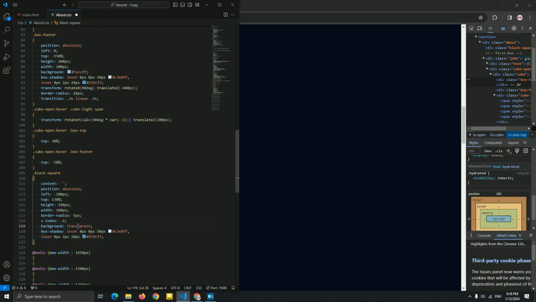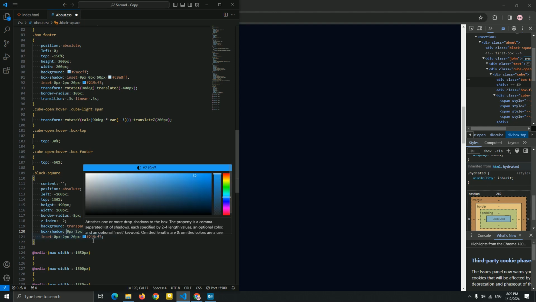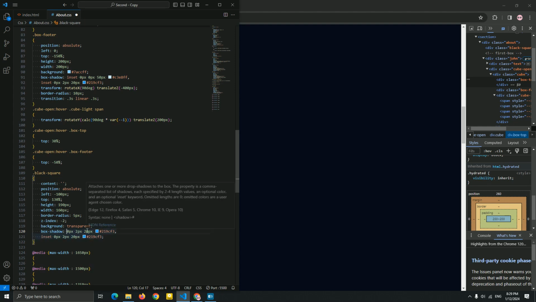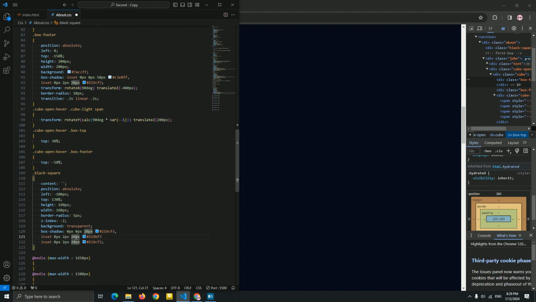Now we're gonna add a lot of box shadow. So for this first box shadow, I'm gonna just copy this, paste it for this box shadow, delete this. Okay, so this is the color of the first box shadow. I'm gonna add, let me see, let me add this first. Okay, next I'm gonna add the same box shadow, decrease it a little. Okay, now for this inset, guys.